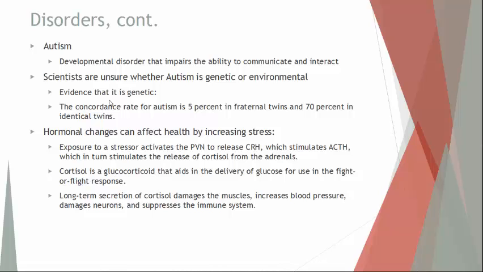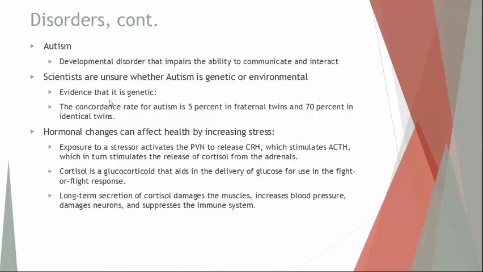Some environmental causes that could lead to autism: the parents of the child being older when the child is conceived, some complications during pregnancy. So what has been shown in the last few years is that there's no one and only one cause of autism. There's a large variety of different causes. Some are genetic, some are environmental.